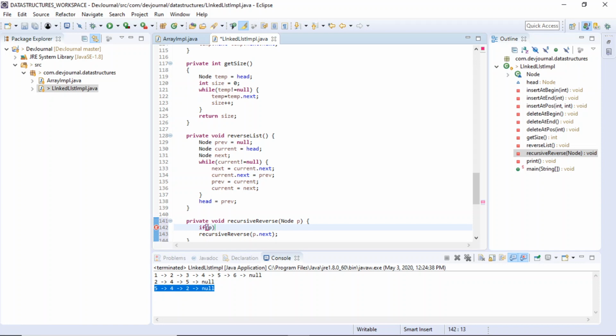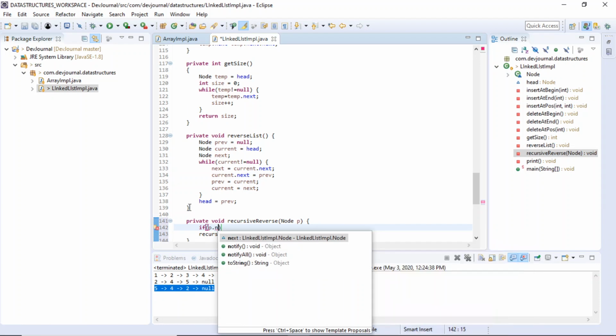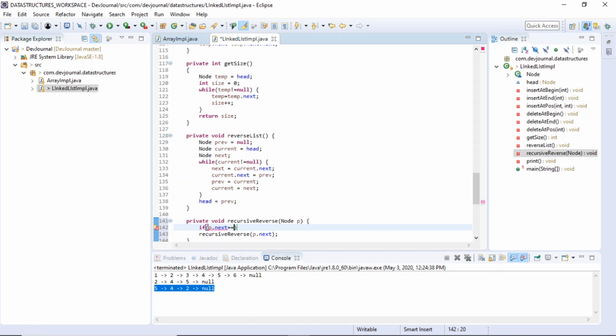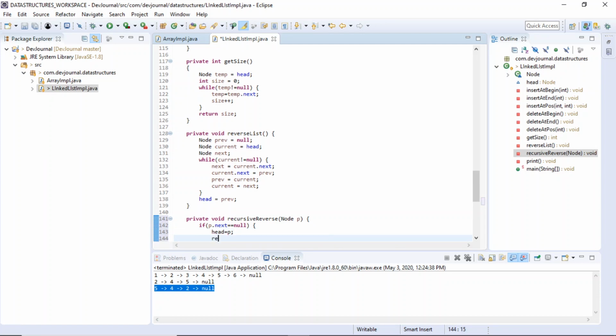If p dot next is null, that would simply mean that we have reached the end of our linked list and we have to assign the last element to head. So we'll do head equals to p and return.